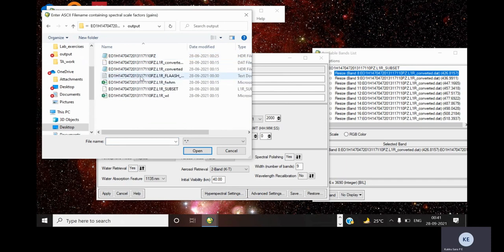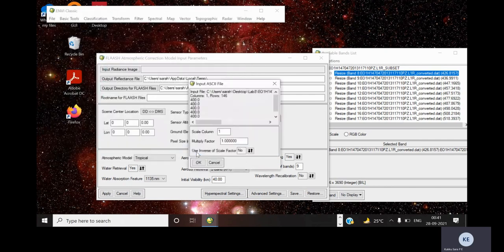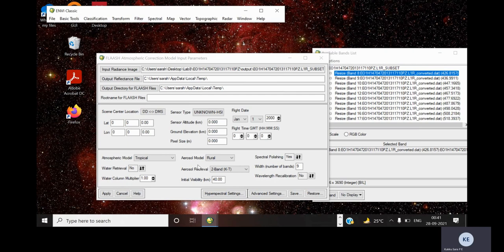Inside output, select the text file. This will show all the scale factors, 146 scale factors, and then click OK. So that created the radiance image.